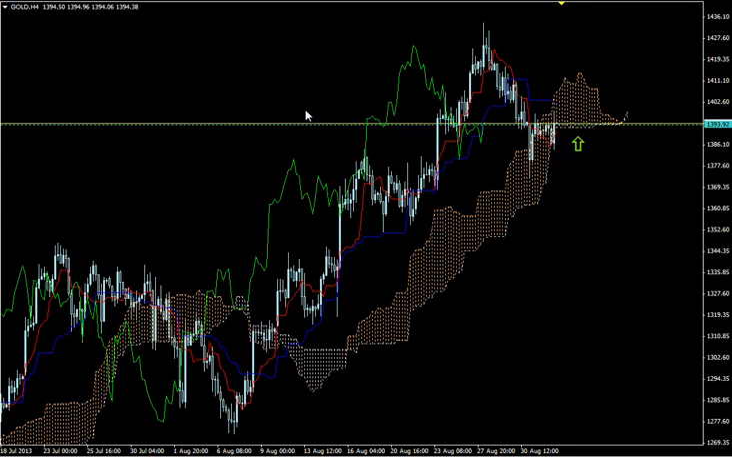Enter long, buy now, place your stop loss at a safe place somewhere below this spike, maybe on the H4 time frame, and get ready for a